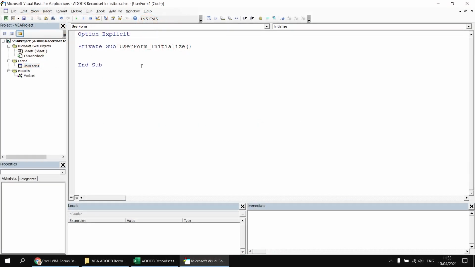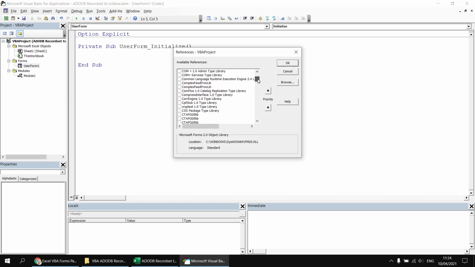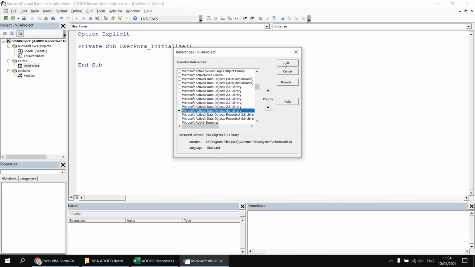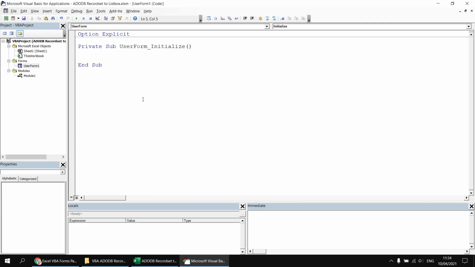We're going to use Microsoft ActiveX Data Objects to connect to that external workbook. So to make sure we get as much help as possible from the IntelliSense, let's first of all head up to the Tools menu and choose References. And then we can scroll through the list to find Microsoft ActiveX Data Objects, and then simply check the box next to the latest version we have available. So in my case, that's the 6.1 library. Having done that, we can click OK, and then the first variable that I'll declare will be called cn as